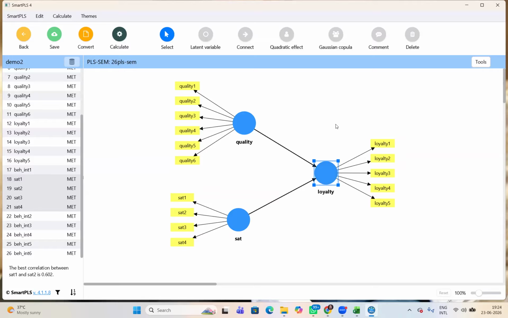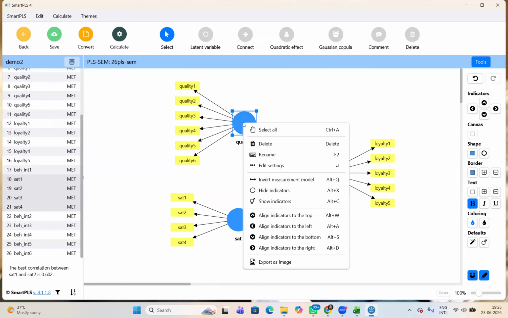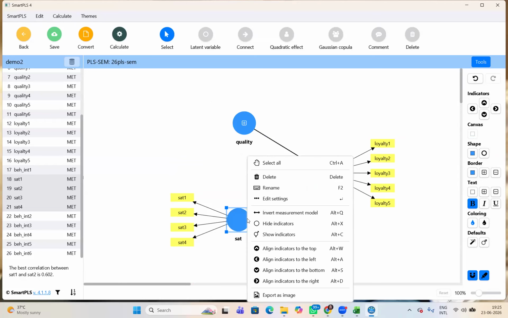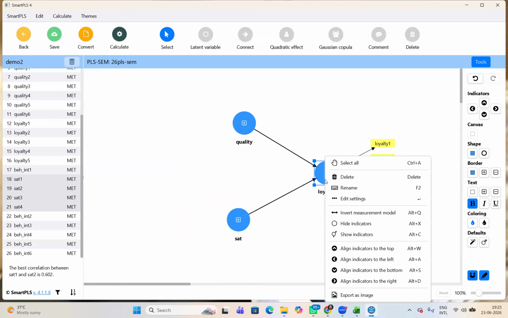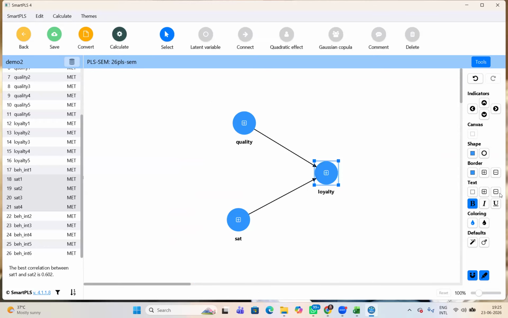So this is our model. Are you with me here? One point: you can also hide the indicators from here by clicking hide indicators. And you can also make it black and white. Control A, make it black and white.